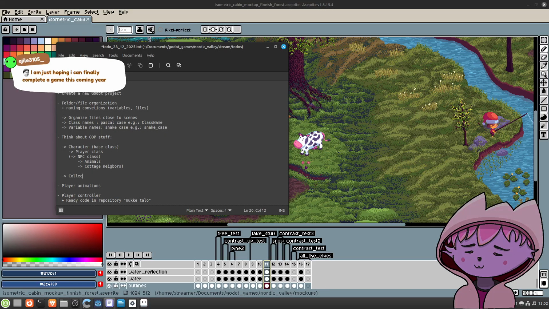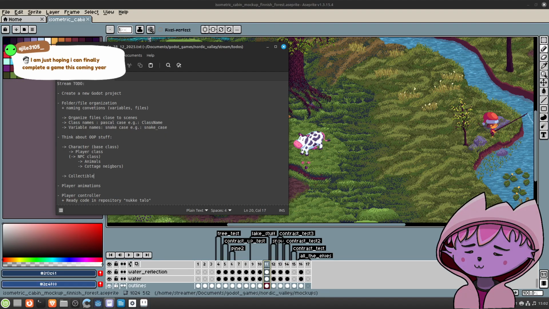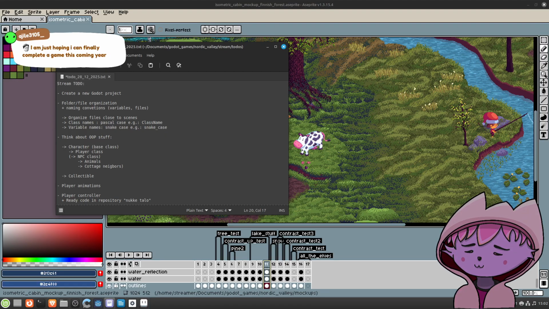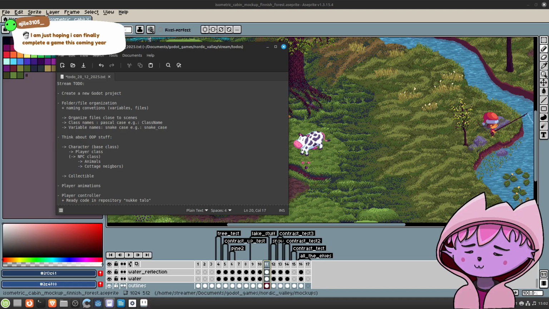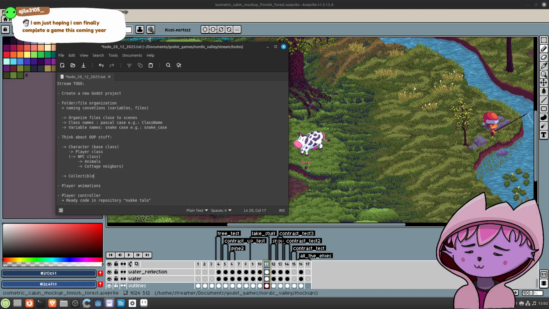Collectibles. Collectible. Because there might be many kinds of collectibles. There might be flowers, there might be potatoes, there might be, I don't know, golden coins, worms, lots of things.